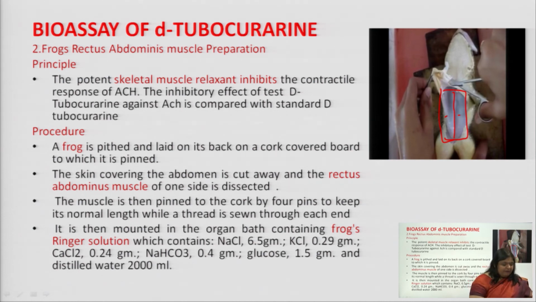So the inhibitory effect of the test sample of D-Tubocurarine against the standard acetylcholine is then compared with the standard